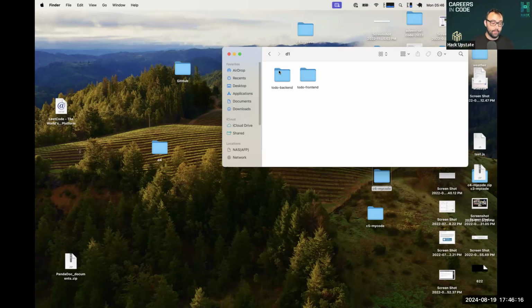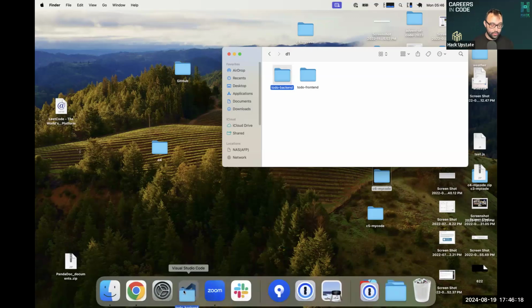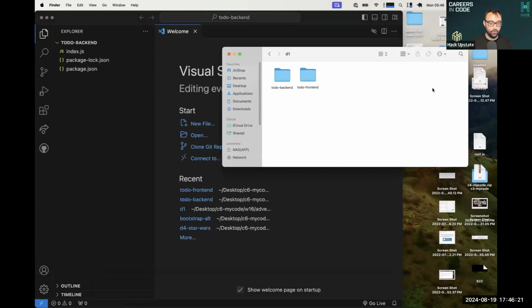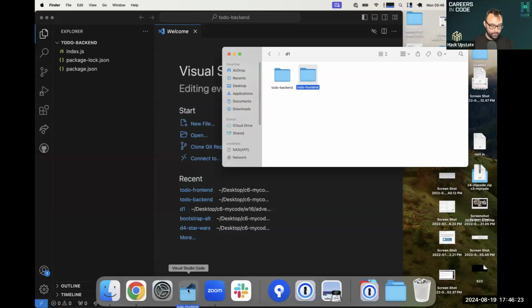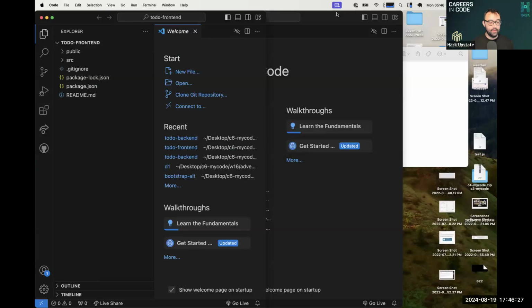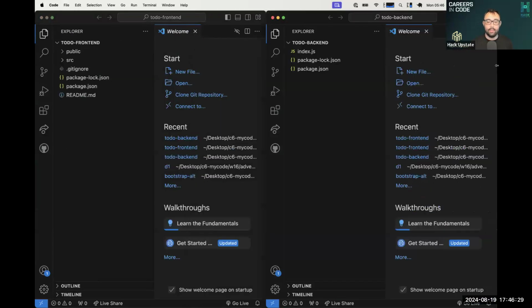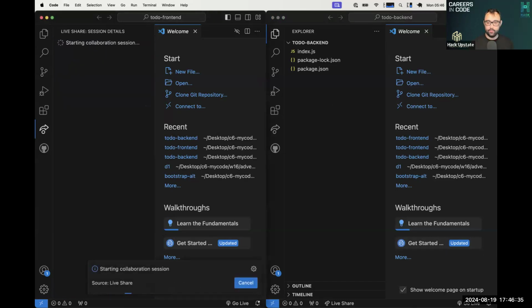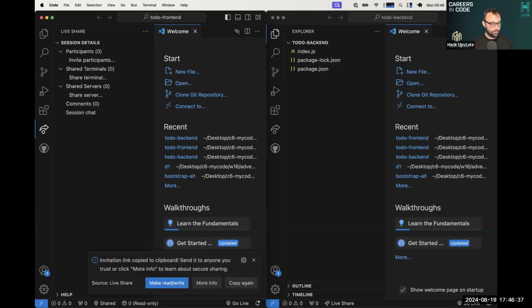So I really recommend opening your backend code in one VS Code window and your front end code in the other, and have two completely separate windows for them. Not everyone does that. It is not an absolute requirement. It's just what I personally recommend. Okay, I'm going to throw live shares in for the front end